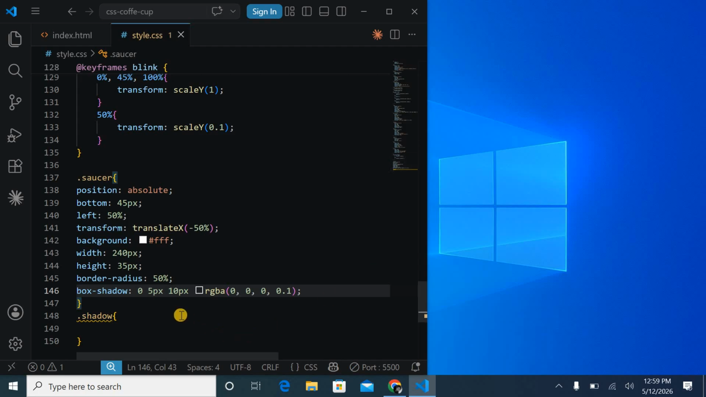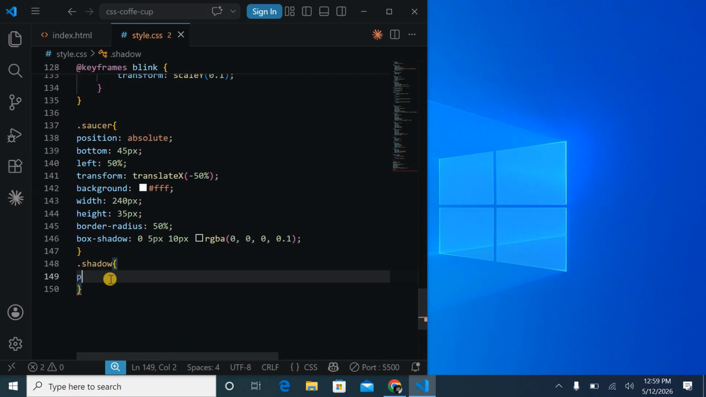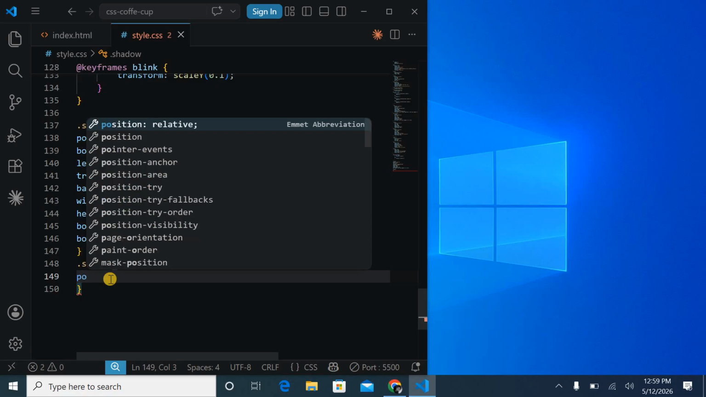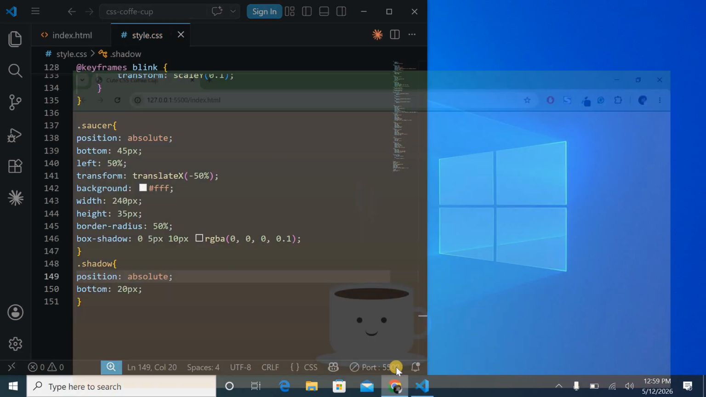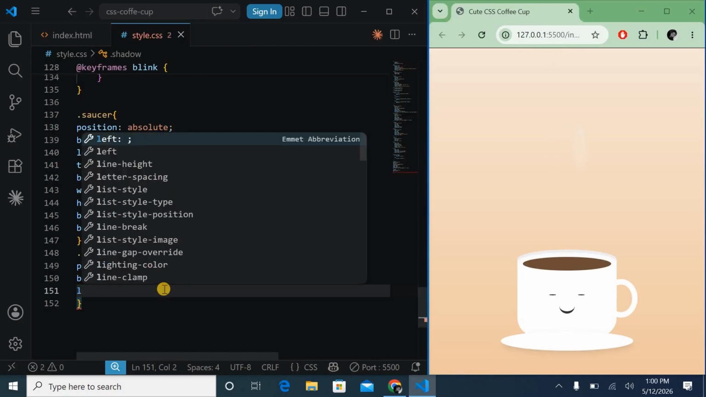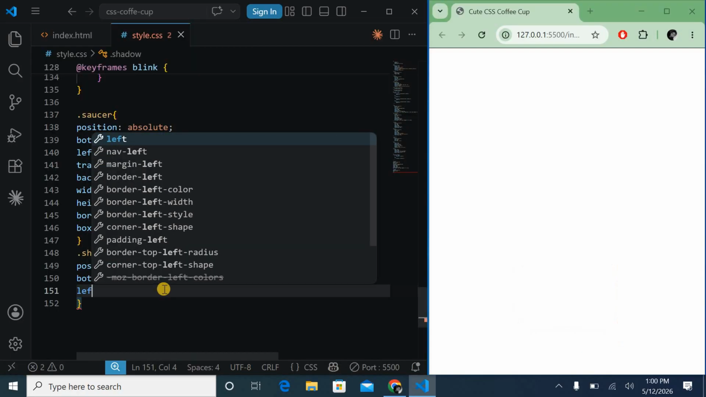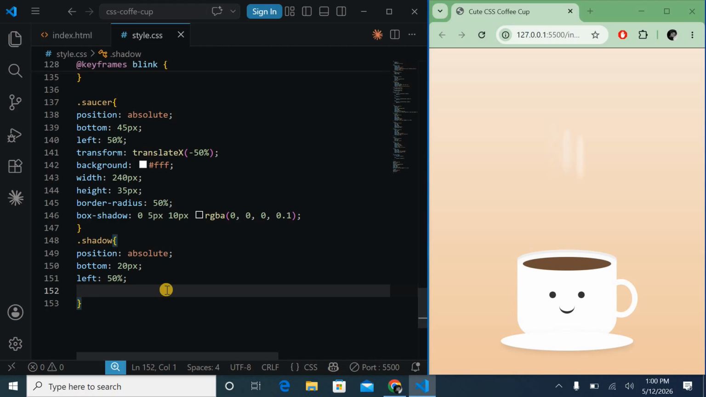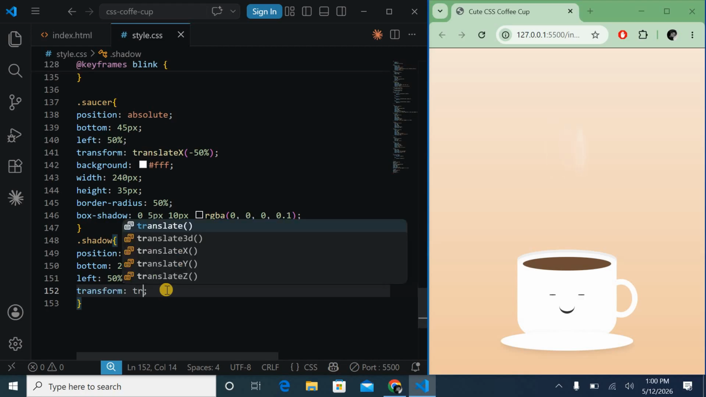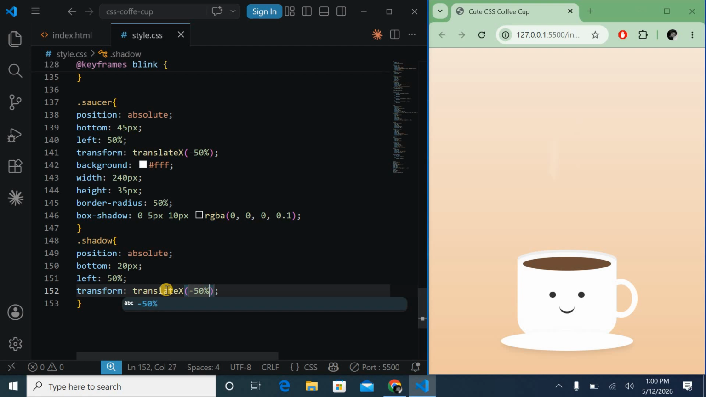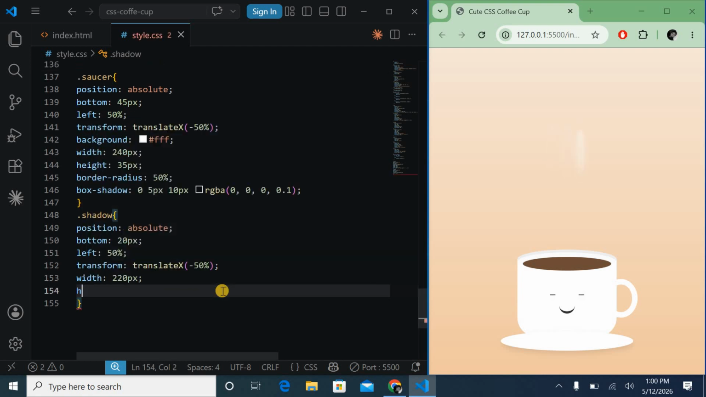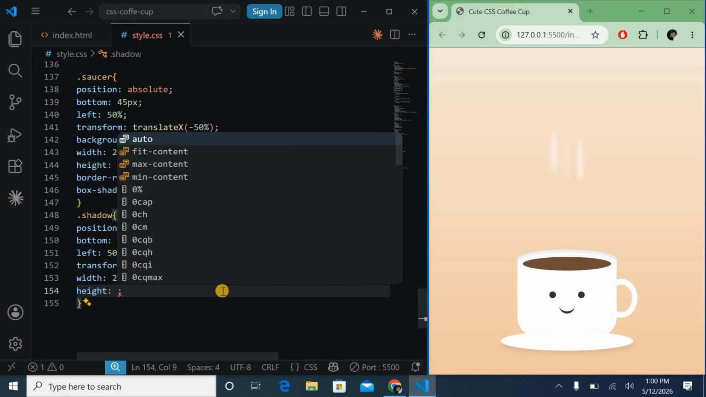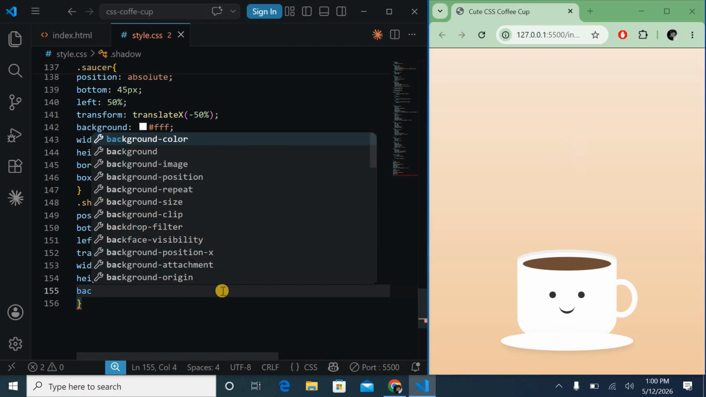Then let's do the shadow and call it a day. So the shadow, we are gonna give it a position as well. Absolute. Bottom 20 pixels. Okay. Left, let's give it 50%. Transform. Let's do translate X and give it negative 50%. Width, let's give it 220. Then height, let's give it 25 pixels. Background,